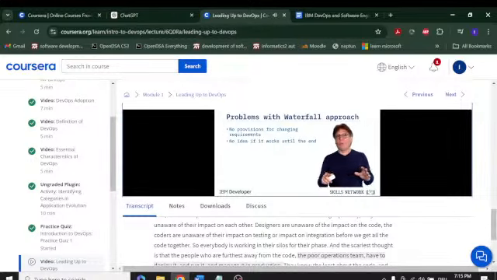Another problem is you don't know if it works until the end. There is no intermediate delivery. Nothing is delivered until that last step when we give it to the operations team and say, go deliver the